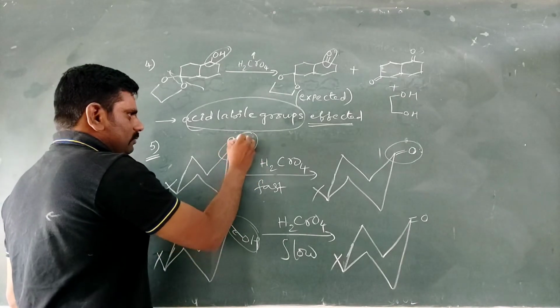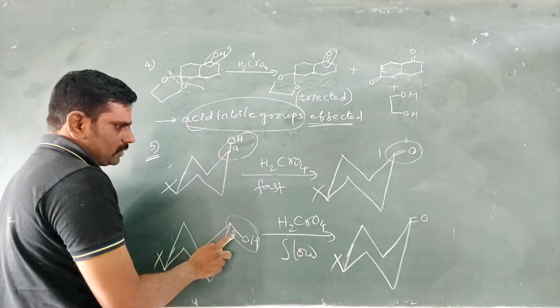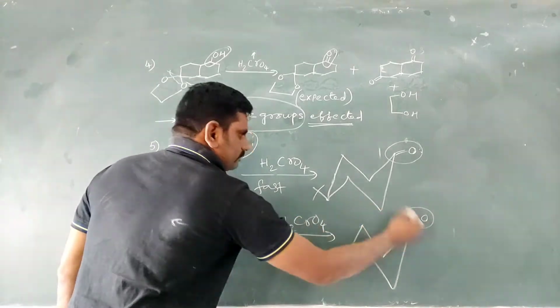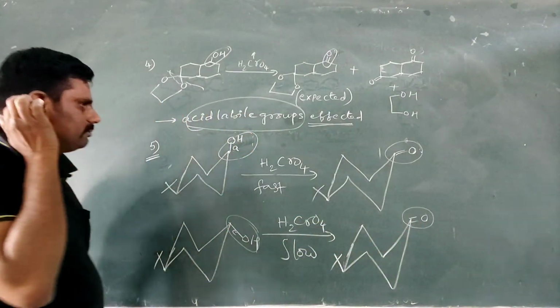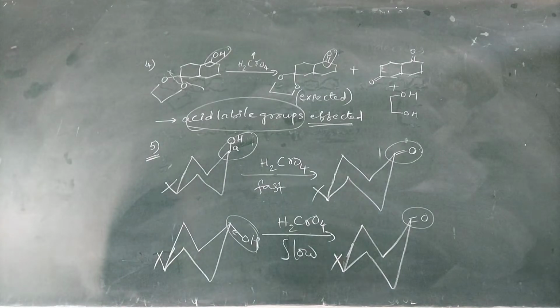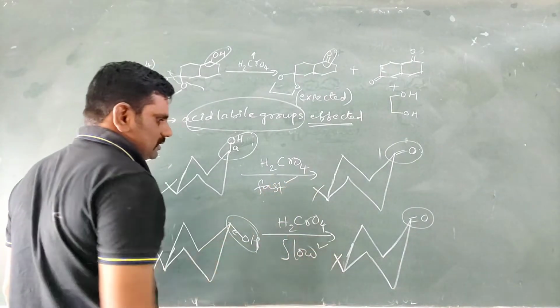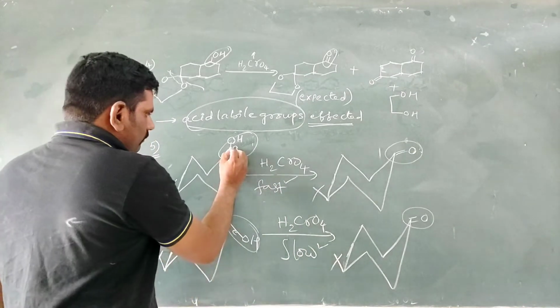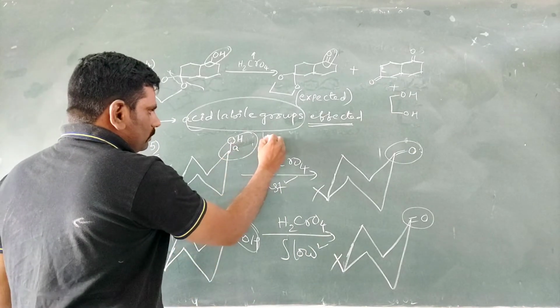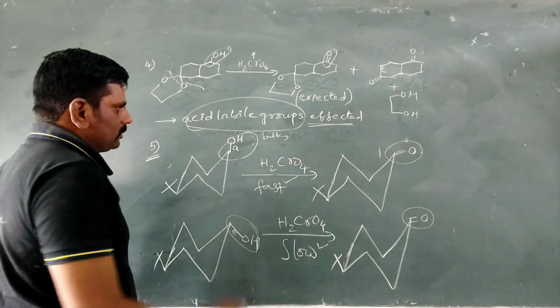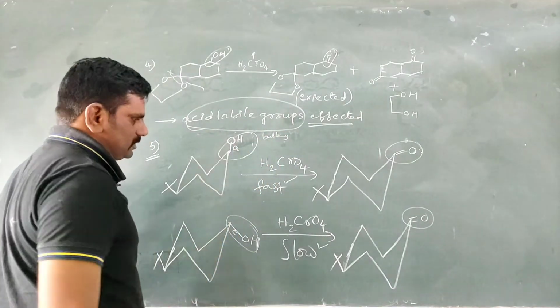It is also converted into ketone. The reaction is the same. But why we are discussing this here is, one is a fast reaction and the other is a slow reaction. Why? Because if an OH group or bulky group is at the axial position,